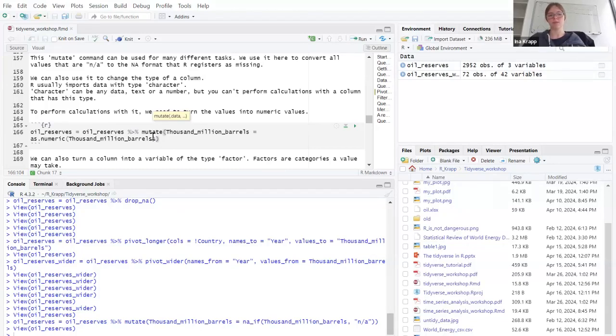There's also the reverse command as.character. There are many, many other data types, for example, as.Date, if you try to work with dates and years specifically. But I would say that as.numeric is the one I use most frequently,